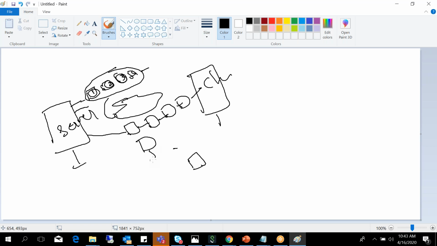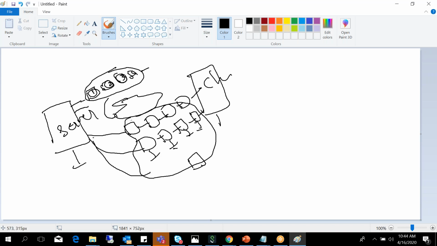We have another path as well to reach the destination. If I want to go to my hometown, I have multiple paths to reach the destination, and I can choose any path. So like that we have different paths.